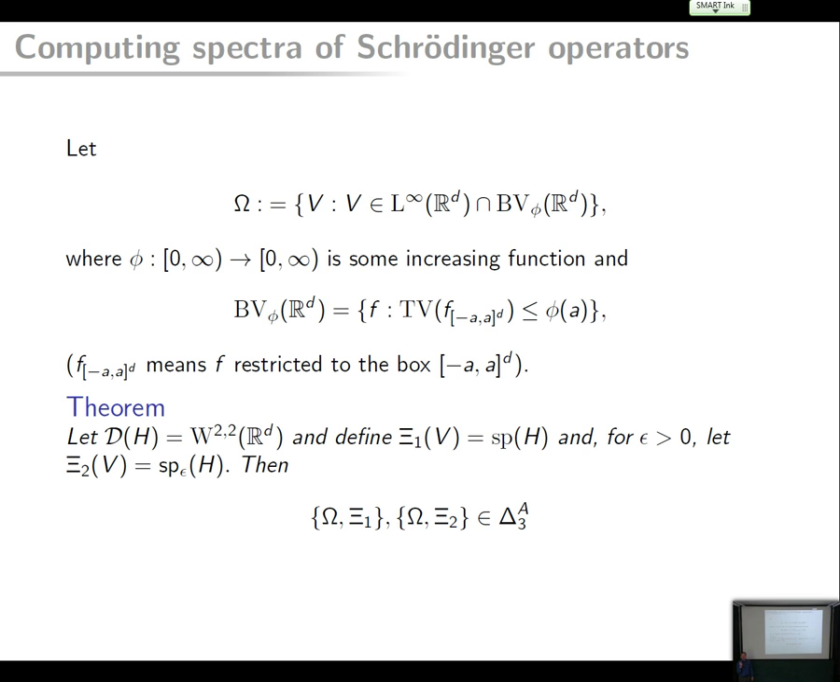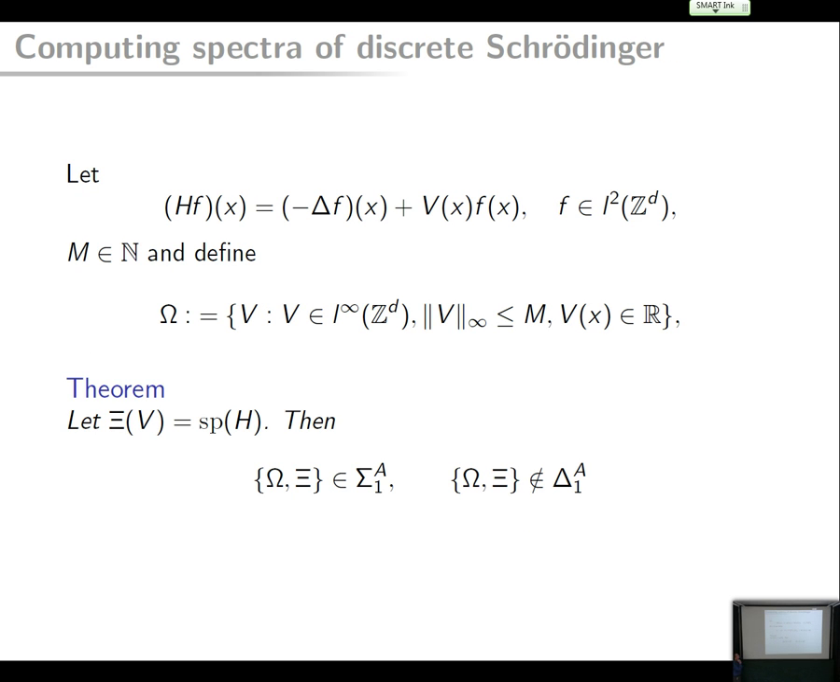It's delta limits. At least we can get to the discrete case. The classification of the discrete Schrödinger operator is so... the neat thing is that you will not